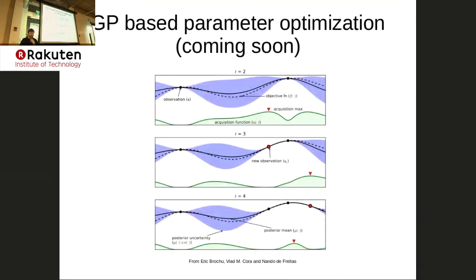So, the better thing that we'll have soon is Gaussian process-based hyperparameter optimization, or more generally Bayesian optimization. I don't know how much time I have, but the idea here is another stolen picture. I should have put a picture of my student in there. Anyhow, let's say there's some objective function, which is how well your model does as a function of the parameter. So the x-axis here is the parameter you want to adjust. The y-axis here is